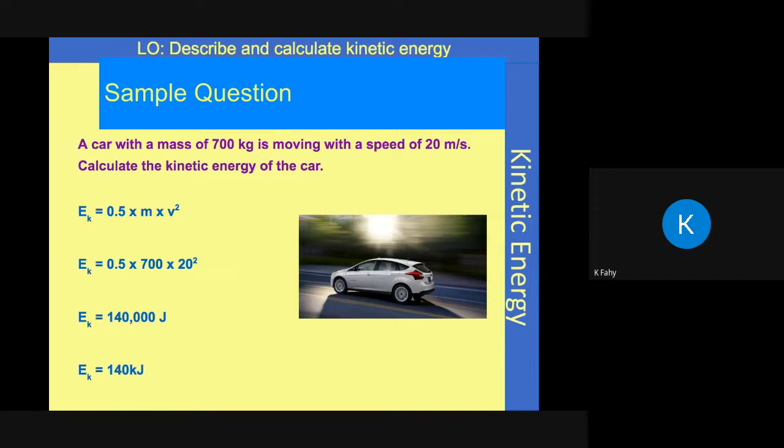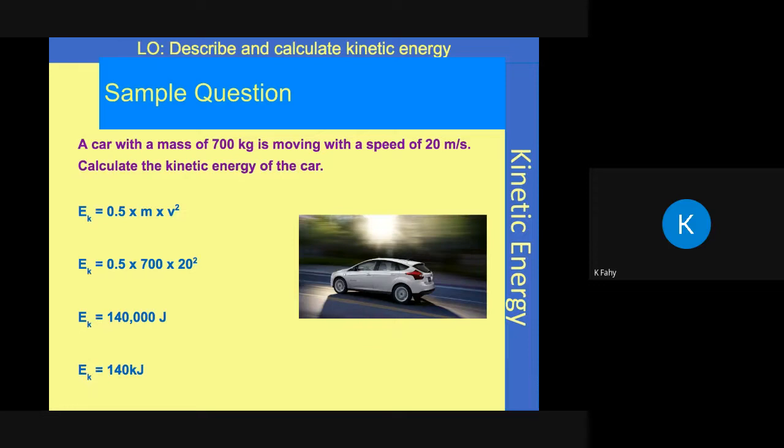We've got a car, it's got a mass of 700 kg. It's moving at 20 meters per second. So we want to calculate the energy. So we write down our equation, a half times mass times velocity squared. I substitute in my numbers. So 0.5 multiplied by the mass was 700, multiplied by the velocity or speed was 20. So I make sure that I square that 20. So you might want to even write down the second line where you would have the 20 squared, pop it all in the calculator, and I get